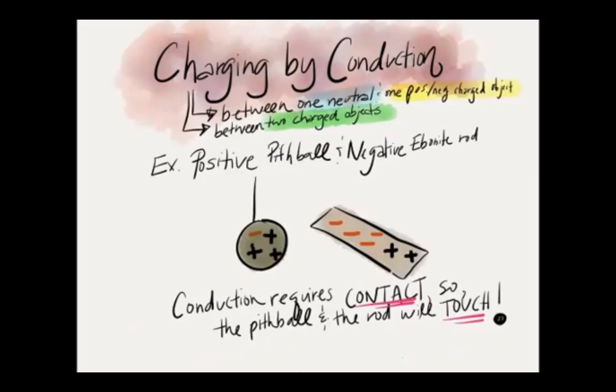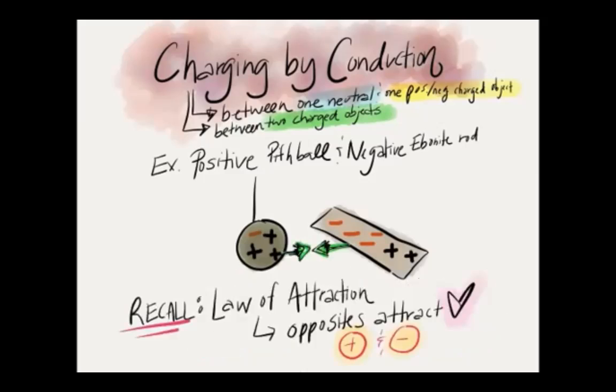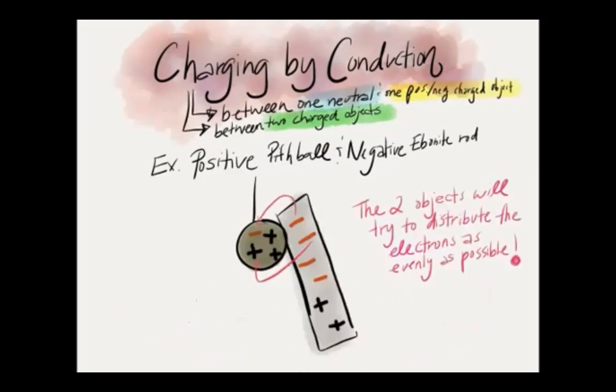Conduction requires contact, so the pith ball and the rod will touch. And if you recall the law of attraction, opposites attract. Positive charges and negative charges attract each other. So in this case, the positive pith ball will be attracted to the negative ebonite rod. And what happens is the two objects will then try to distribute the electrons as evenly as possible. So in this case, the electrons will travel from the negative ebonite rod to the positive pith ball,